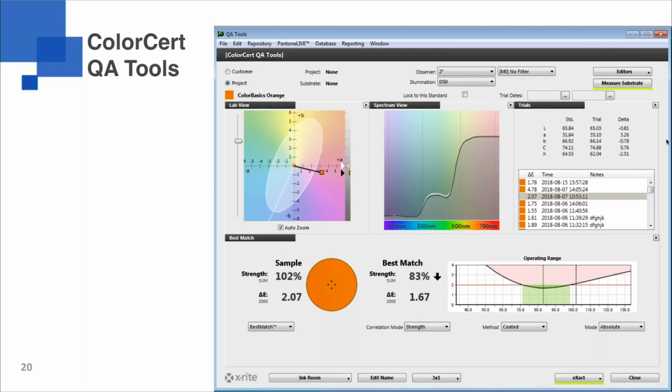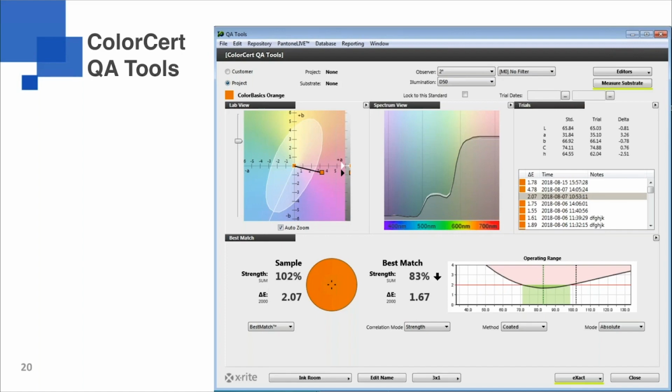In the past, you may have seen CMC as the method, but they're moving to 2000. Pretty much the whole industry is moving in that direction. So if your customers aren't there now, be aware they're probably going to move to using the delta E 2000 method for tolerancing. Now, if I'm just looking at my spot colors, I need to have really good information